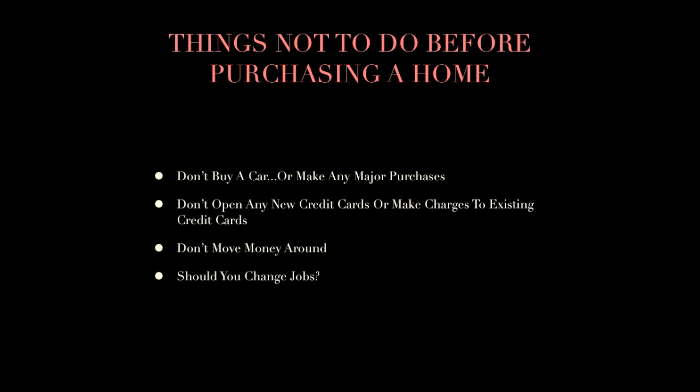I'm also going to go over things not to do before purchasing a home. First of which is don't buy a car or make any major purchases. When I say that, what I mean is if you were to finance, let's say, a new vehicle, you're looking at an estimated monthly payment of anywhere from $200 to $400 as an estimate. What that payment will do is it will affect your debt to income ratio